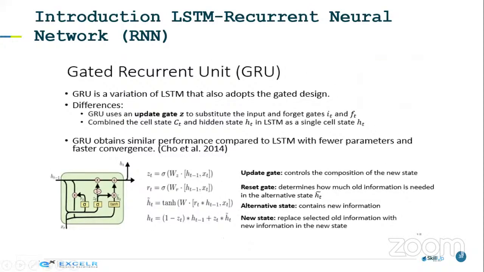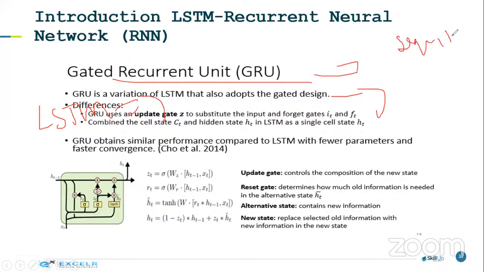Before we go, guys, I will also try to tell you what is gated recurrent neural network and what is the difference between gated neural network. Okay, so we have seen now what is the LSTM neural network. LSTM is further updated with GRU, gated recurrent neural network. And what is the advantage? Try to understand the advantage, guys. The use case is same. We are trying to process the sequence to sequence data, text data, and everything. But what is the advantage? The memory size taken is less in the GRU,